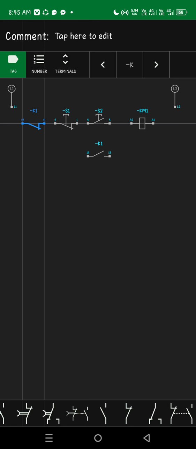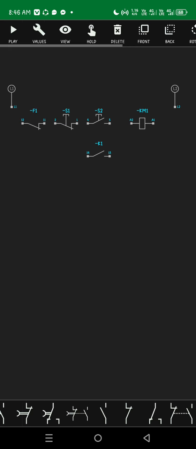Then we have to select the letter F. That means that is the overload relay contact, which is letter F symbol in the Simurly app.